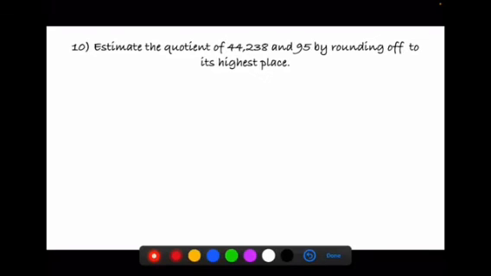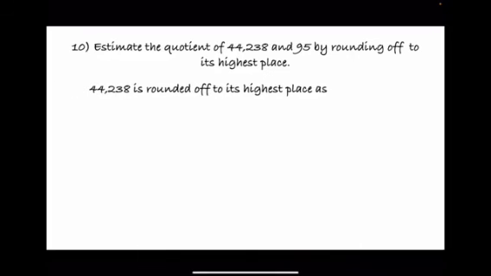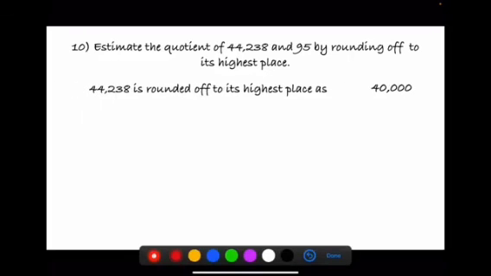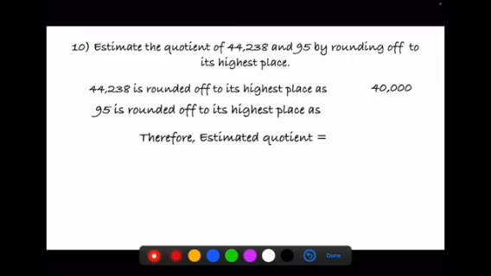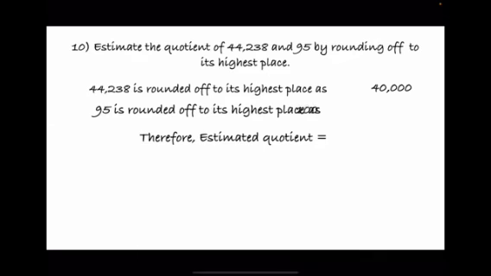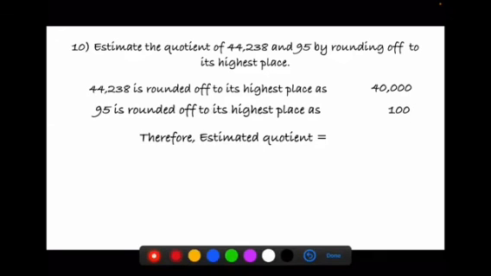Now for the next problem, estimate the quotient of 44,238 and 95 by rounding off to its highest place. Now 44,238 rounded off to its highest place gives you 40,000. Next number 95 rounded off to its highest place gives us 100, because here the number needs to be